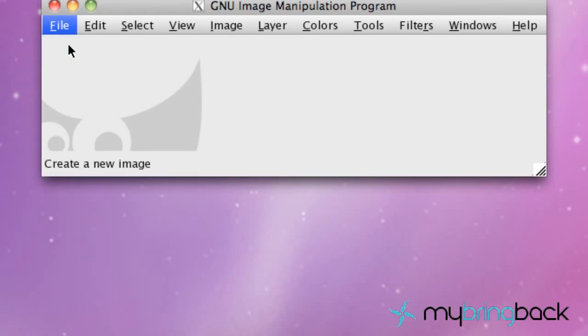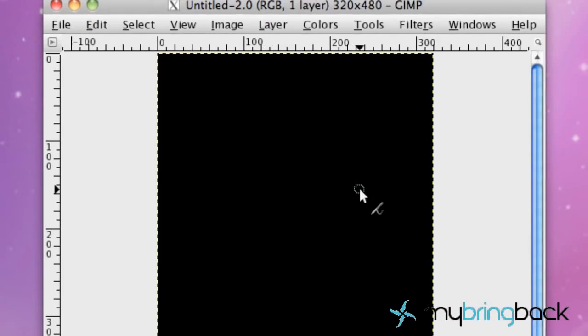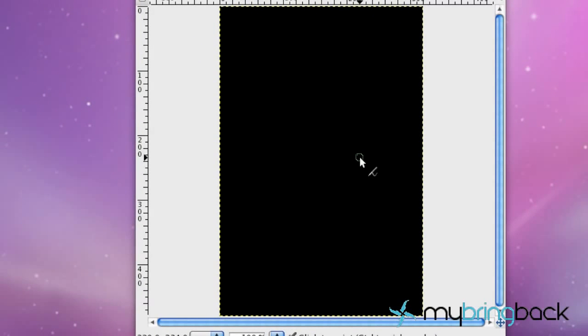And we're just going to create a new one, and for now, the width and height doesn't really matter just because I'm showing you the concepts here. But we're going to type in 320 by 485 or 480, and this is going to give us a general layout